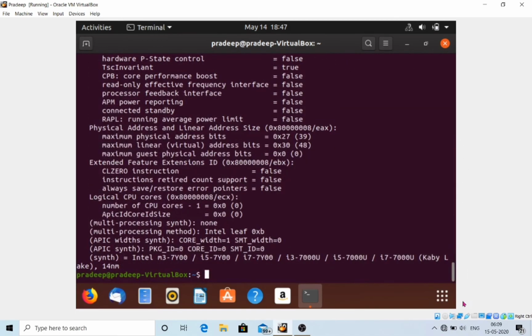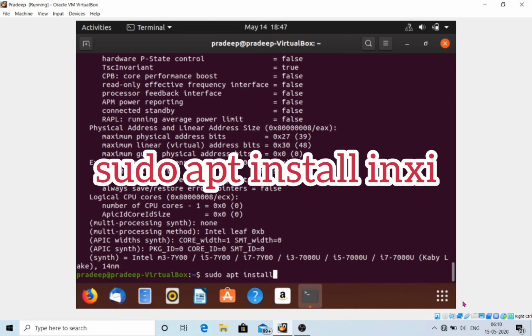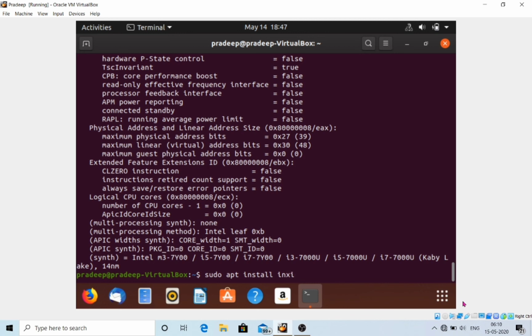And our last command but not least is inxi, and before using the inxi command you also have to install the package of inxi, and for this you have to simply type sudo apt install inxi. And inxi is basically a script that uses other programs to generate a well structured, easy to read report about various hardware components on the system.